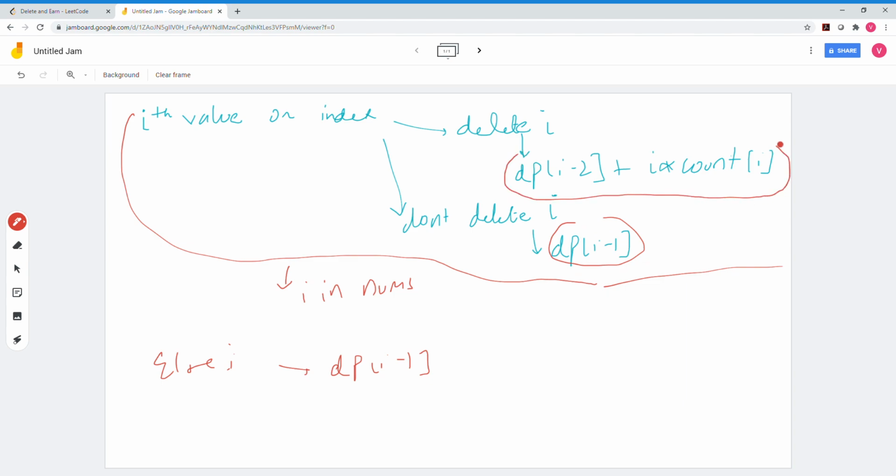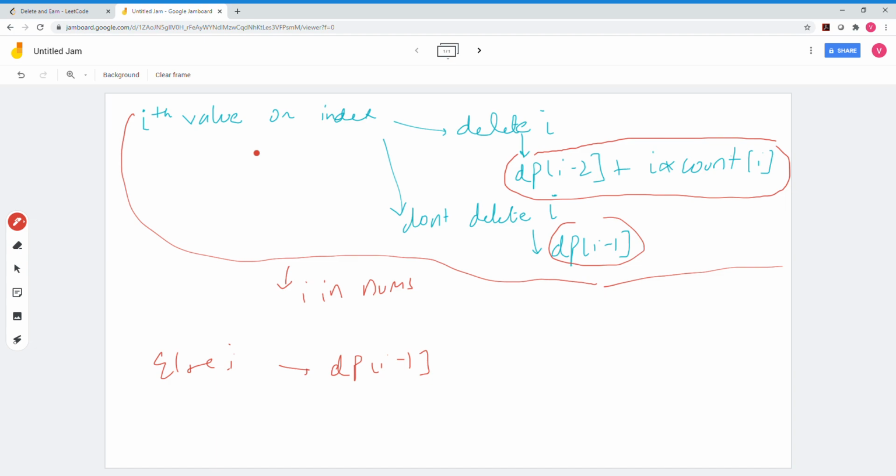So let me just explain in a more detailed fashion so that you understand better. Let us say I'm at the ith value or the ith index. One option is I delete i. Now basically if I have to delete i, the value i has to exist in my array nums. Let us say if the (i-1)th value existed in nums and I deleted the (i-1)th value, then i automatically gets deleted.